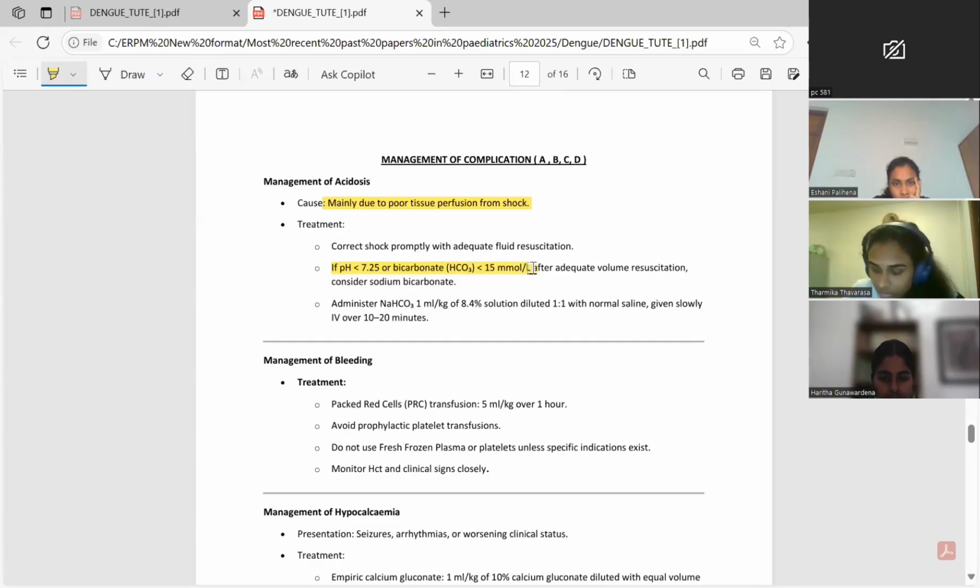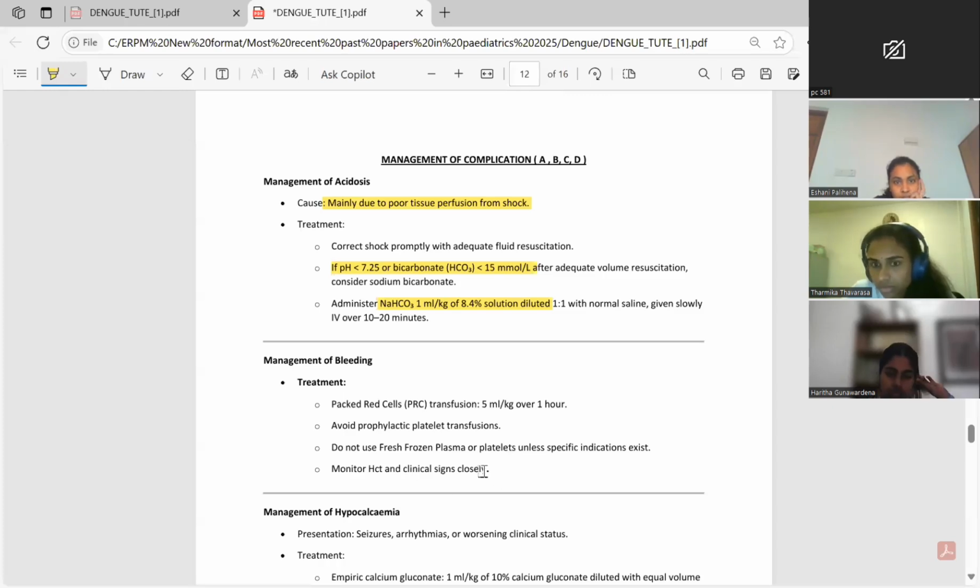Metabolic acidosis in fluid refractory shock in dengue, what do you give? Sodium bicarbonate 1 ml per kilo. You can write 1 ml per kilo sodium bicarbonate. Was that understood? Right. If the child is bleeding,